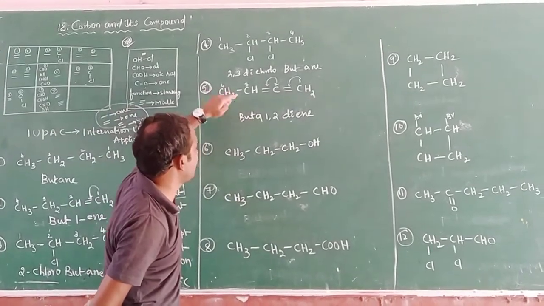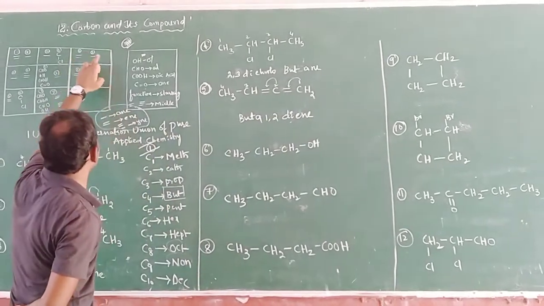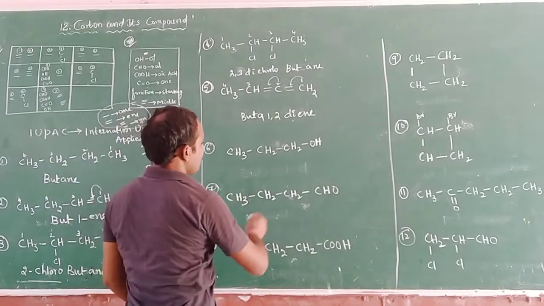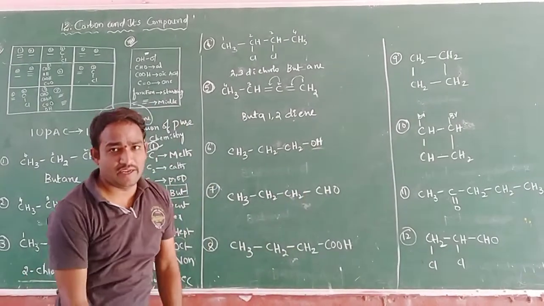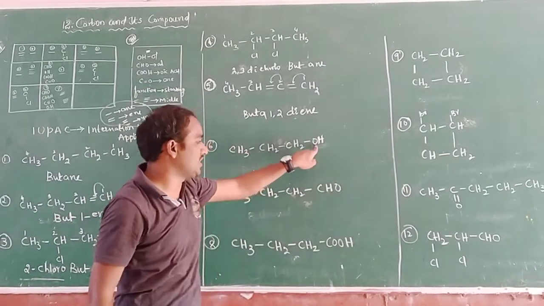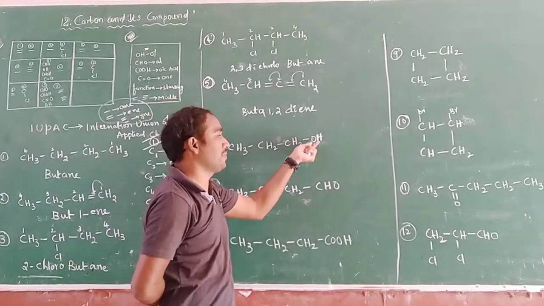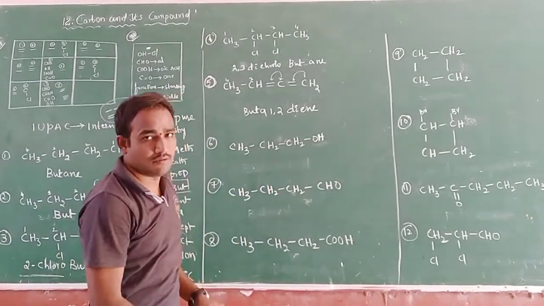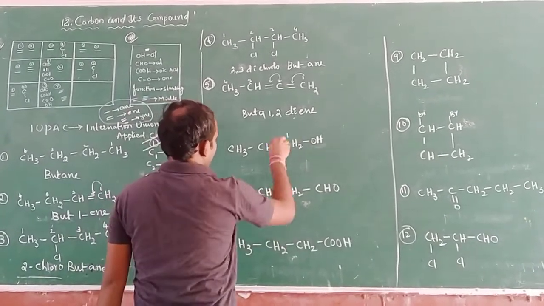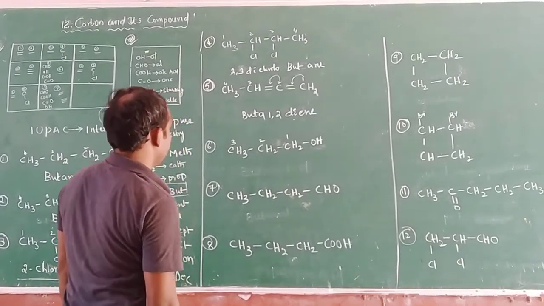According to the rules, we have to give priority to the single bond and the double bond. And one more thing here: this is an aldehyde group, a functional group. For functional groups like OH, COOH or CHO, we have to give the first priority, so according to that, we give the numbering 1, 2, 3.